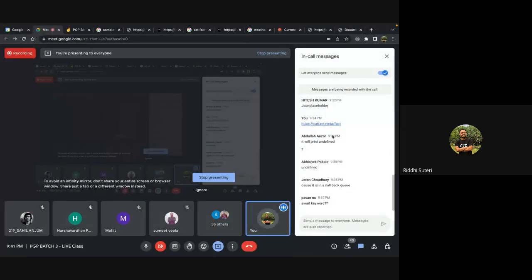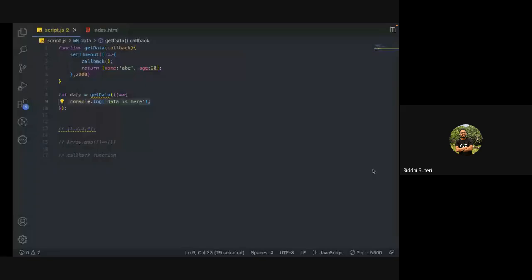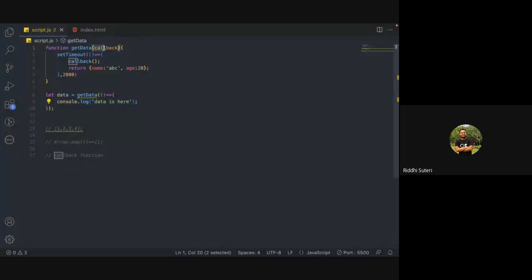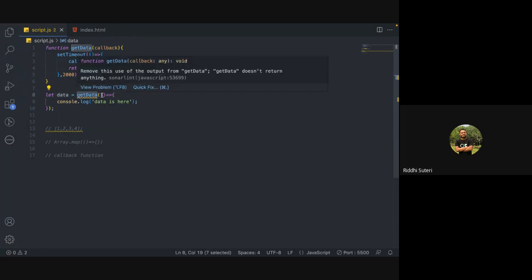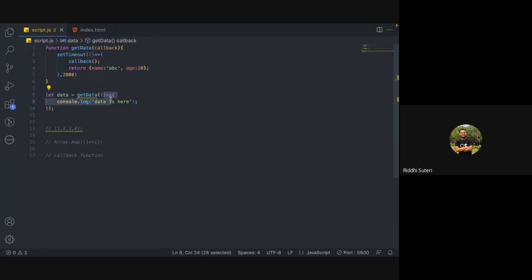I'm not sure how much sense it would have made. Again, please don't worry about what I've written and called internally for the callback. Don't worry about any of this. The crux is that whenever you run this get data function, you internally pass another function inside this. आपने इसके अंदर एक छोटा सा function और pass कर दिया, and you have passed that function inside it because you wanted to run it only when this get data will return an answer, right? अगर आप इसको बाहर function को return कर देते, if you would have called it this way, what would have happened is,